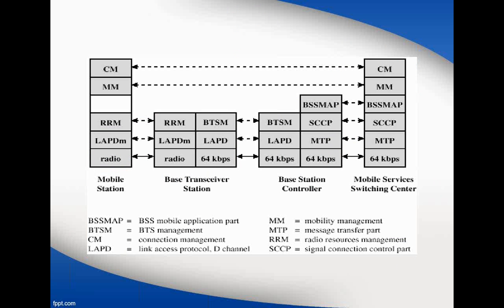So first, starting with the GSM protocol architecture, you will be able to see the mobile station. This is going to be your tower. You will have your base transceiver station, that is nothing but the BTS, and you have your BSC, and here comes your MSC. Obviously, here you have your interfaces. These interfaces are trying to communicate with each other via some kind of protocol. So here you will be able to see, not in depth, the same protocols like RRM, LAPDm, and here you will see BTSM, wherein here it becomes SCCP, and here SCCP, and so on.